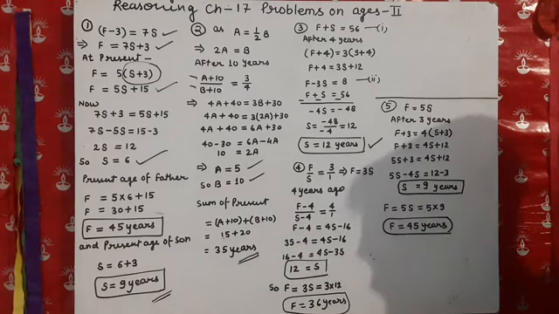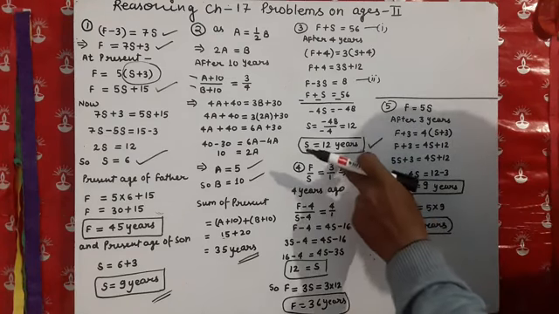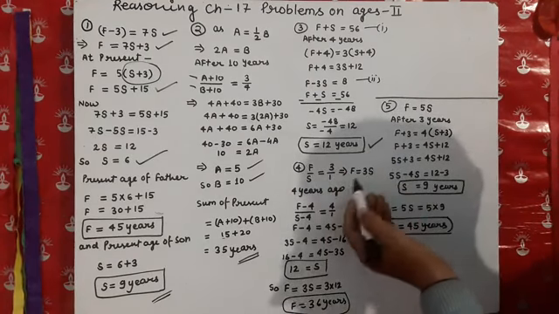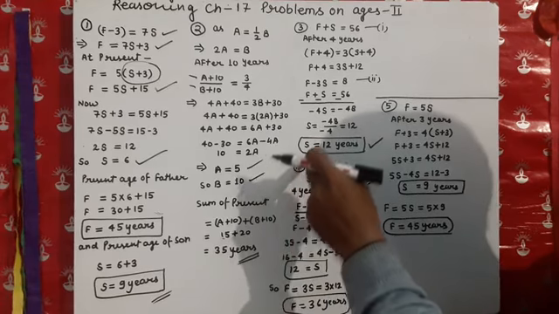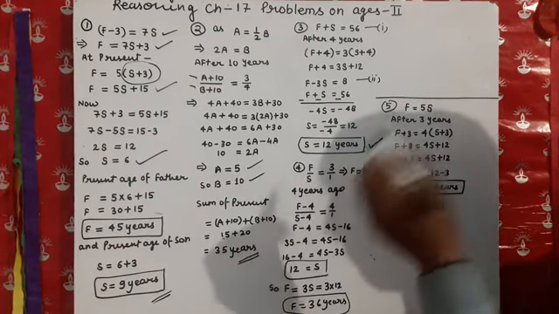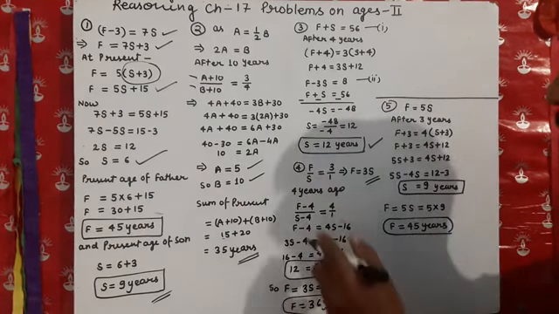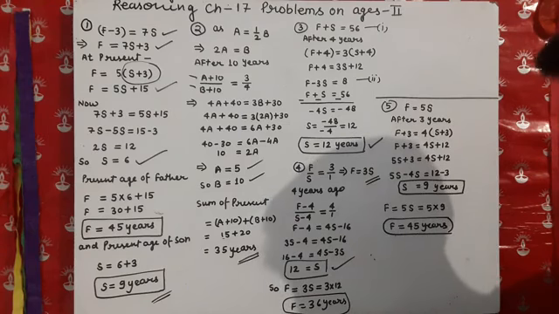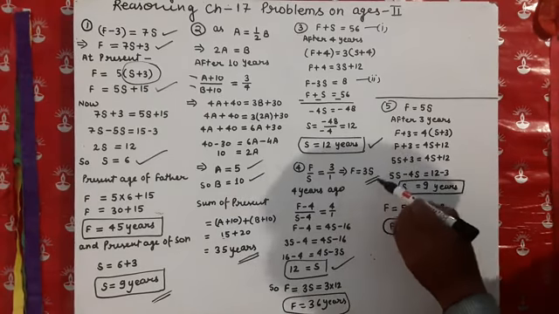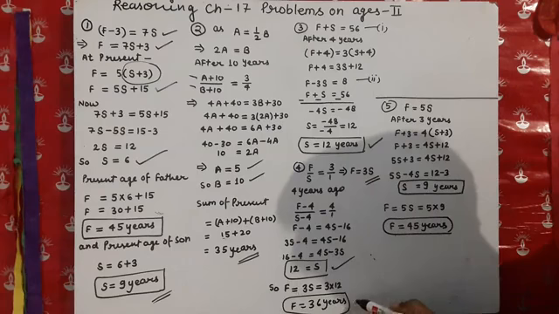In question number 4, it is given that the ratio of the ages of the father and son at present is 3:1. So after solving this, we can get this equation: f is equal to 3s. 4 years ago, so we have f minus 4 and s minus 4, and the ratio is given 4:1. After solving this, we are getting s is equal to 12. So that means the age of the son becomes 12 years. By this condition, if we place the value, the father's age becomes 36 years. So the son's age will be 12 years and the father's age becomes 36 years.